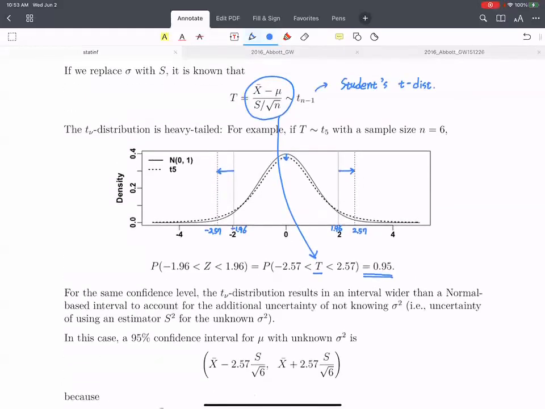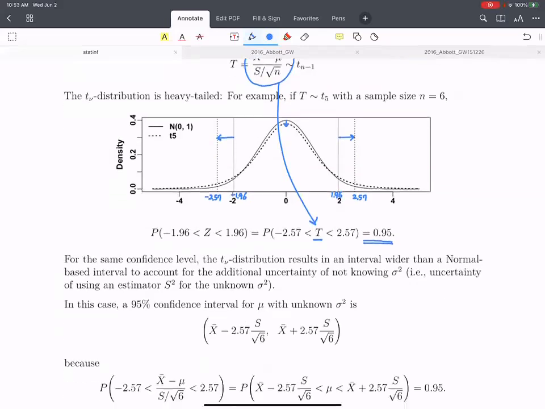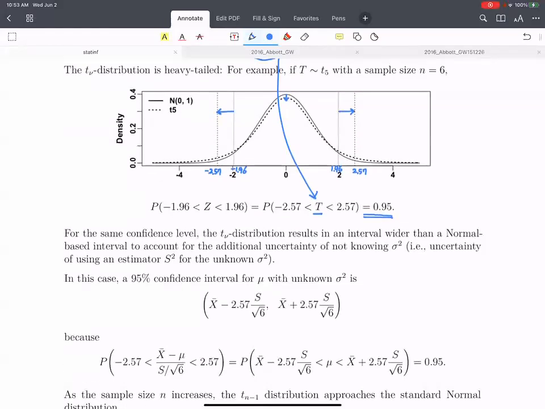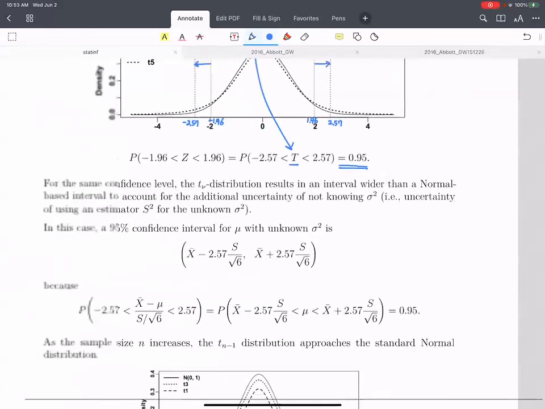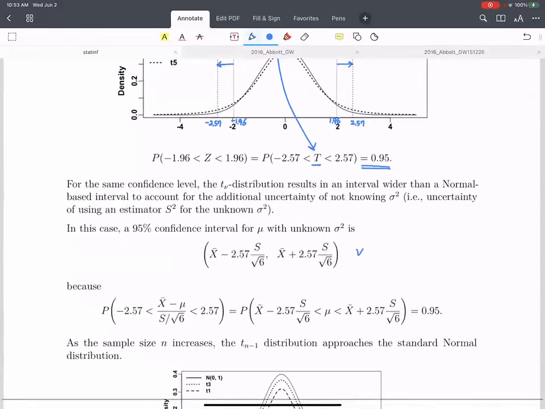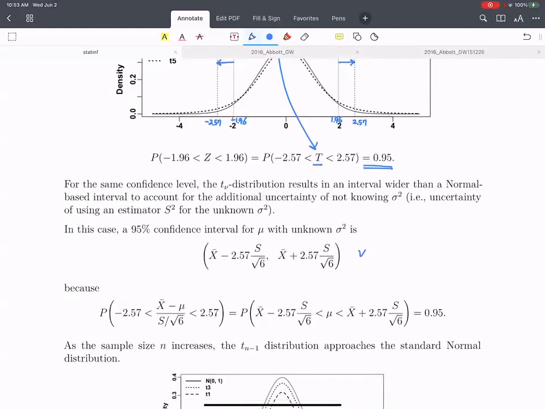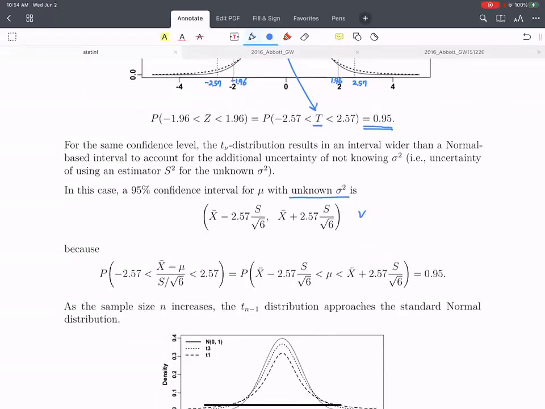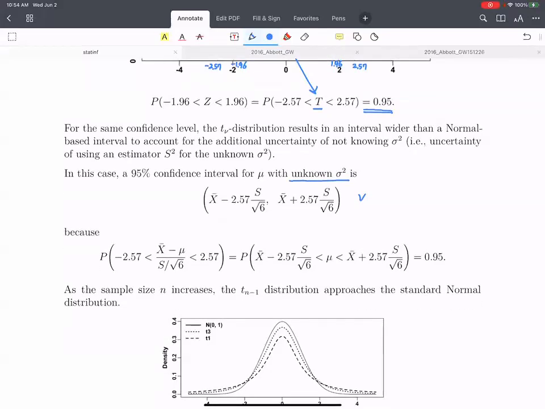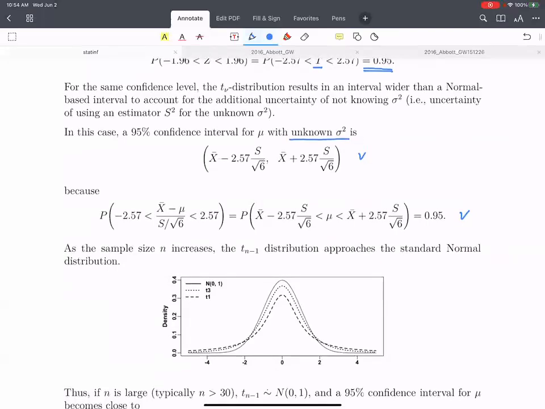This capital T will be replaced with the definition of the standardized sample mean, with sigma replaced with the sample standard deviation. And then we rearrange the inequality so that it becomes an interval, so that we can have lower and upper bounds of the parameter value. So if you rearrange the inequalities, this interval here is a 95% confidence interval that you will get when sigma squared is unknown. I explained some of the rearranging in the following equation here.